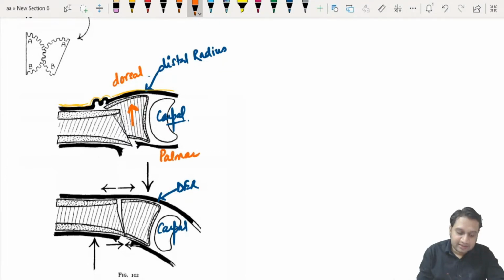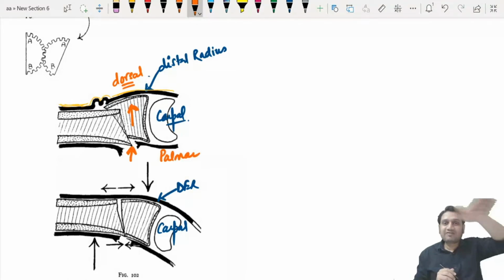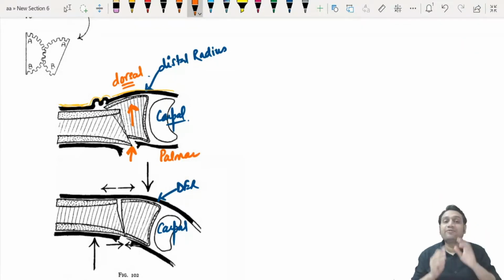So what has happened is, the soft tissue coverage on the palmar side is ruptured, and what we have is a covering on the dorsal side. That means you just have a boundary on the dorsal side. So you have to use the boundary on the dorsal side so that the fragments, once you reduce them, remain in position. It's as simple as that. Because there is no boundary on this side, right? So when there is no boundary on this side, who can support the fracture to remain in position once reduced? It is only the dorsal envelope. Okay, how we are going to use it, we'll just see.